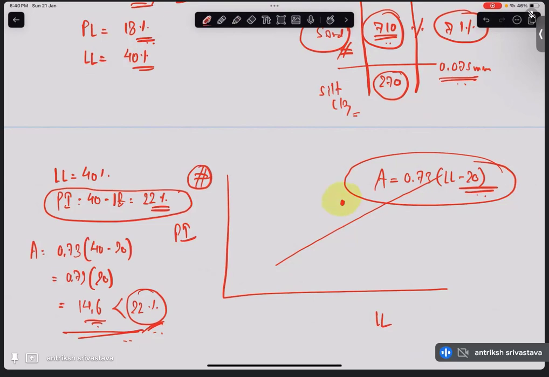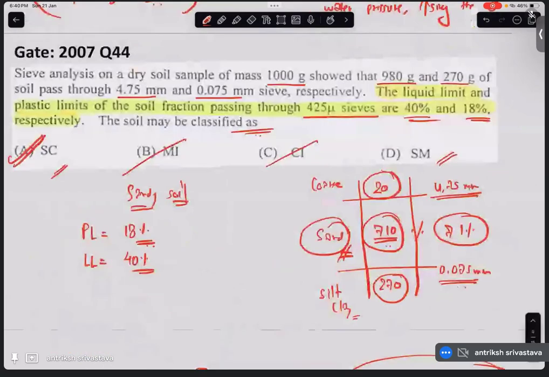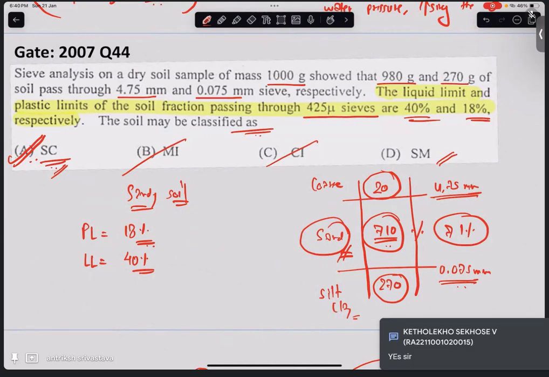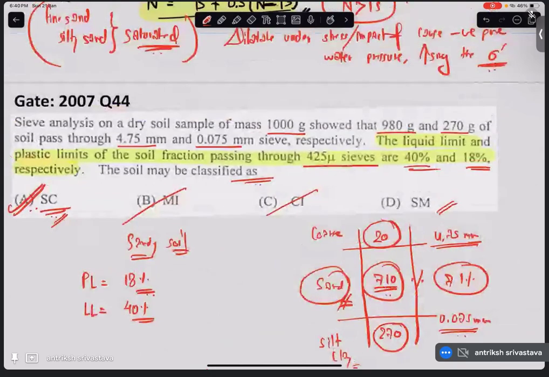When it is above the A line, which group is it? Which group soil is this? Exactly. So then it is going to be clayey sand. Did you also get this answer? Okay, very good. So that's all for today's session. Thank you for patiently staying along, and I hope you learned something. And tomorrow,